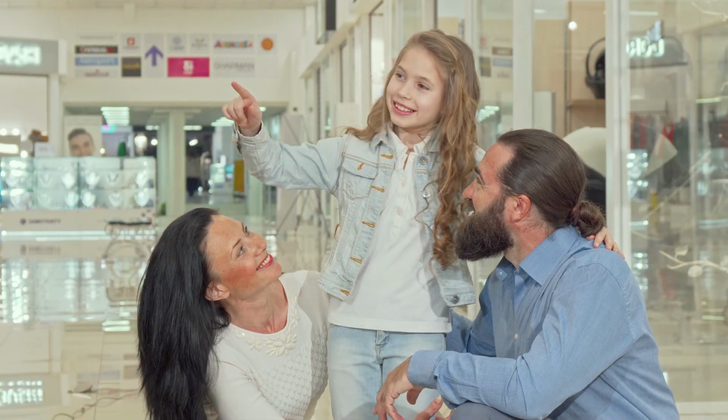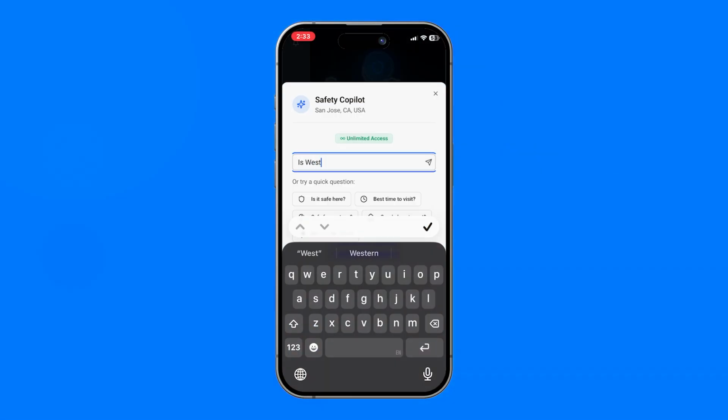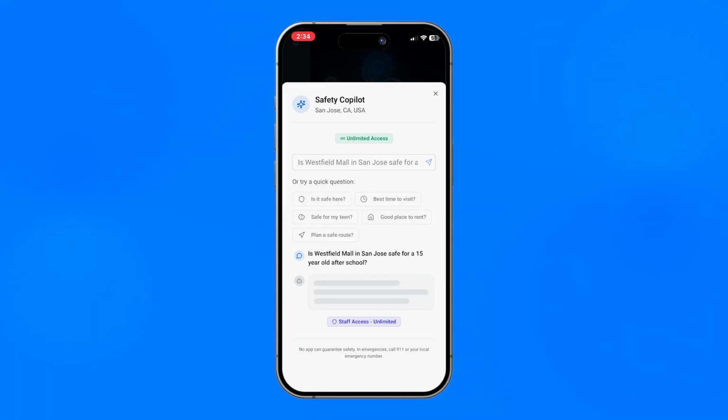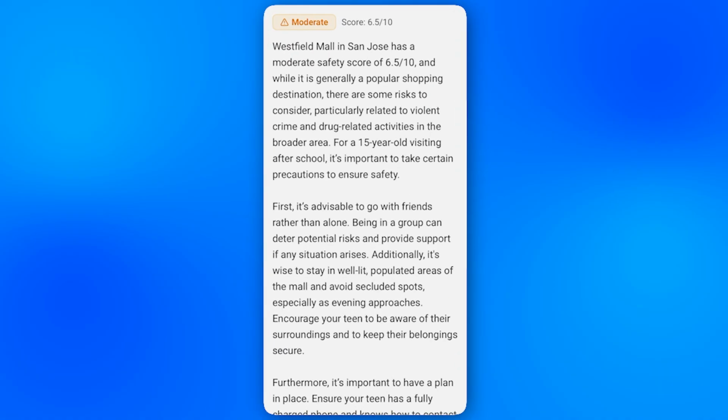You're a parent and your teenager wants to hang out at the mall after school. You open the co-pilot and type, "Is Westfield Mall in San Jose safe for a 15-year-old after school?" The co-pilot analyzes crime data around that location, considers the time of day, and gives you a clear answer with